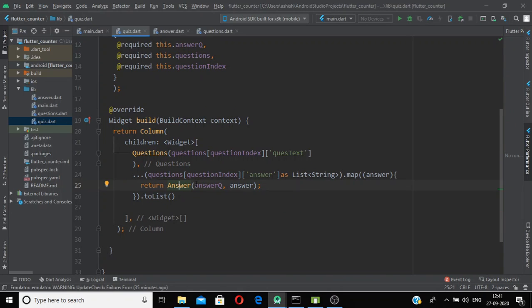The pointer to the answer method is further passed to the answer widget from our custom widget, and the question is similarly passed from our custom widget. So instead of going directly to these, we use one intermediate widget to call our other custom widgets. So now our logic is ready.